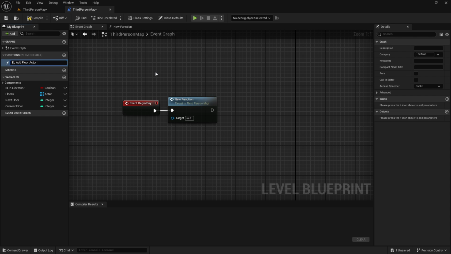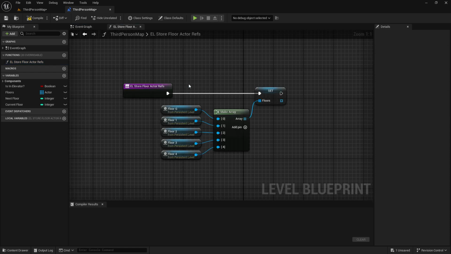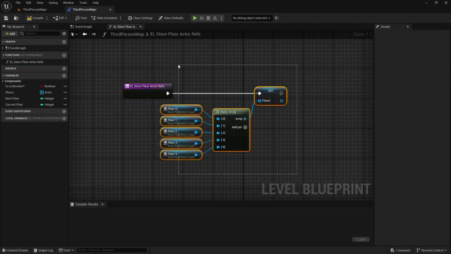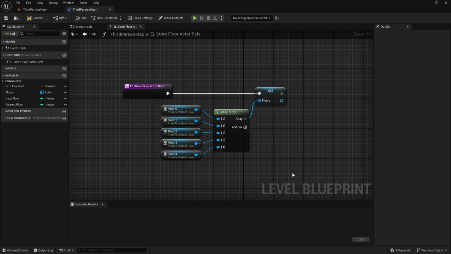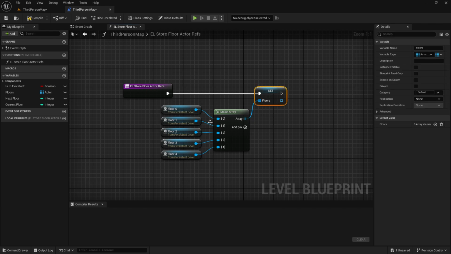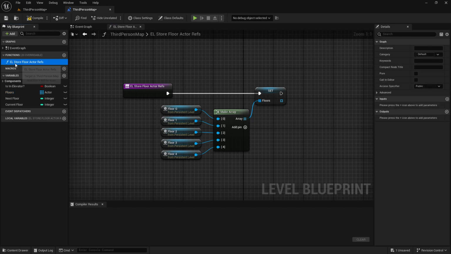Add, or we can also use some store. Yeah, store flow actor references, right? So what this function is doing is it gets all the references of the nodes, makes it an array, and saves it as an array, right? So that is basically what it does, and you can just click on it, and you can see that